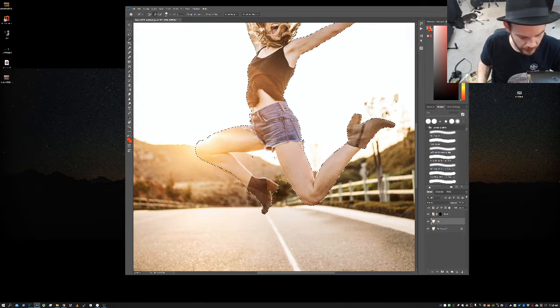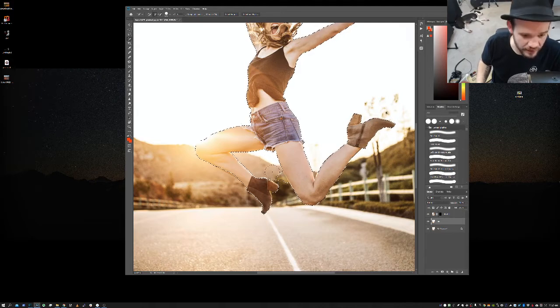Cool. And then I'm going to hold the Alt key on Windows, and you can't really see it because my brush is super small. Let me make the brush bigger. When I hold the Alt key, you'll see the little plus in the middle of my brush here turns into a minus. So that deletes the selection instead of adding to the selection. If I hold the Alt key, it deletes from the selection. So I don't want this little piece of the mountain to be selected. So I'm going to hold the Alt key and click in there,